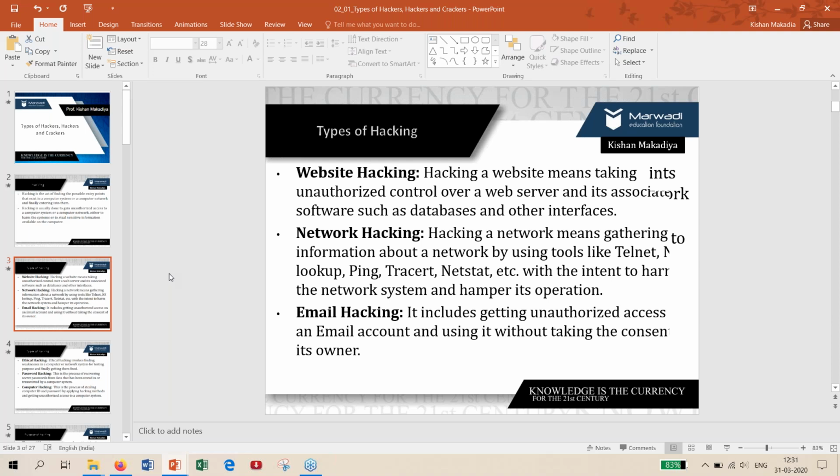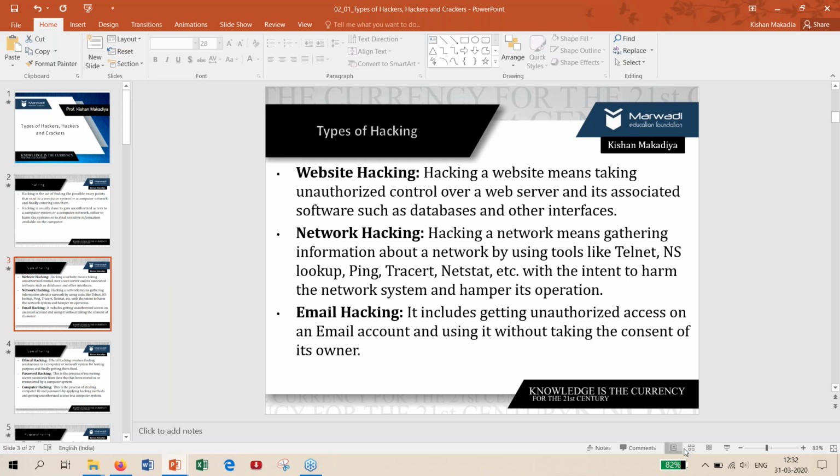Then, if someone targets a company's server or network, that is network hacking. Then, unauthorized access to a particular email, for example of higher authorities or a company CEO or CTO, and then finding malicious email-related activity, that is email hacking.